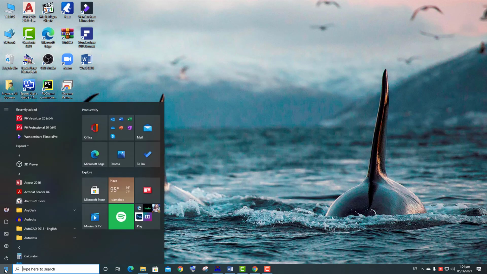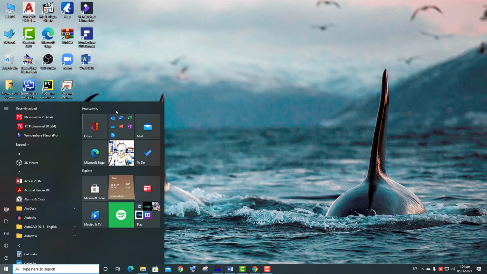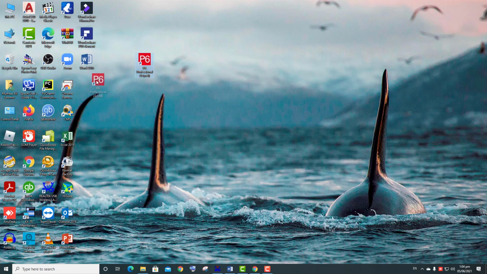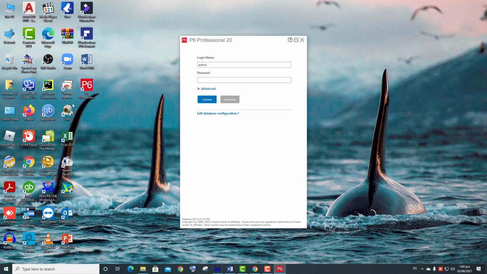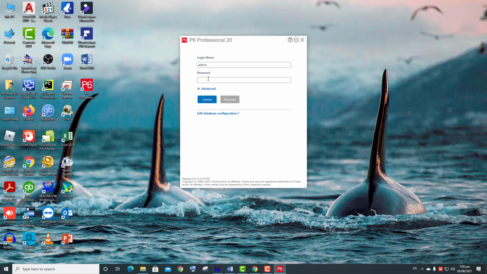After that, you need to close this one and run the application. So go back and you will find this, put it on your desktop and run the application. Now you enter the password that you gave during installation.